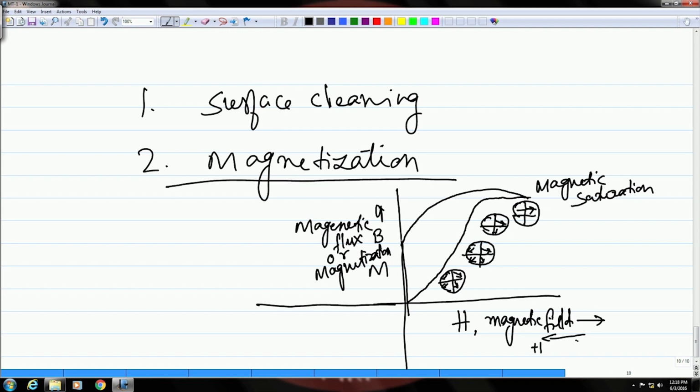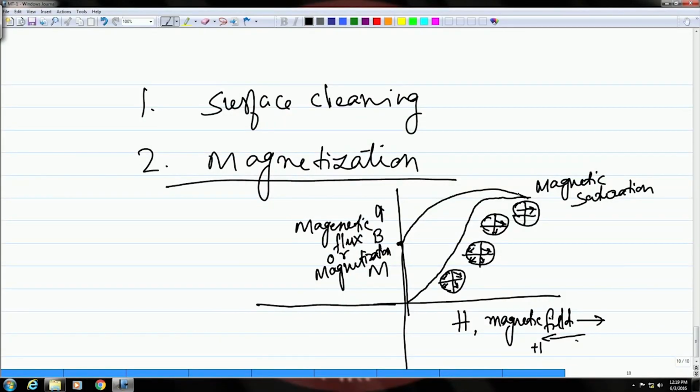At this point, although your field is 0, it is still having some magnetic flux, some magnetization. That means it is retaining some of the magnetization which was provided in the beginning, and that is why this point is known as remnant. If we denote that as R,